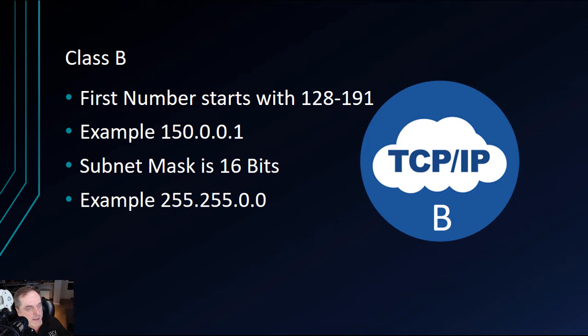So you can see that the network side is going to be evenly distributed with the host side. You're going to see the same amount of networks as you are on hosts because it's split right down the middle. Where's 127? We went from 1 through 126, and we went from 128 to 191, so we skipped 127. Well, 127 is reserved for a loopback address, which is basically used to test whether TCP/IP is working on the network card itself. So we leave 127 out of either a Class A or a Class B.